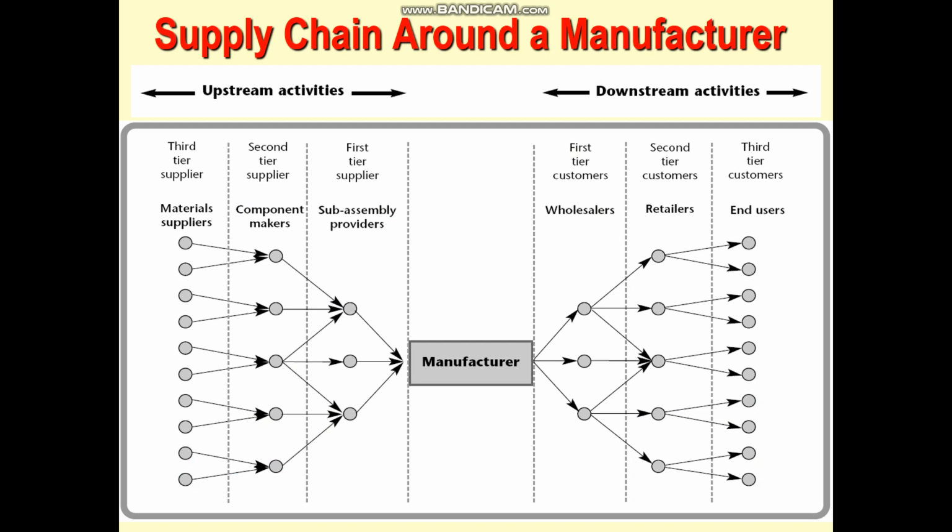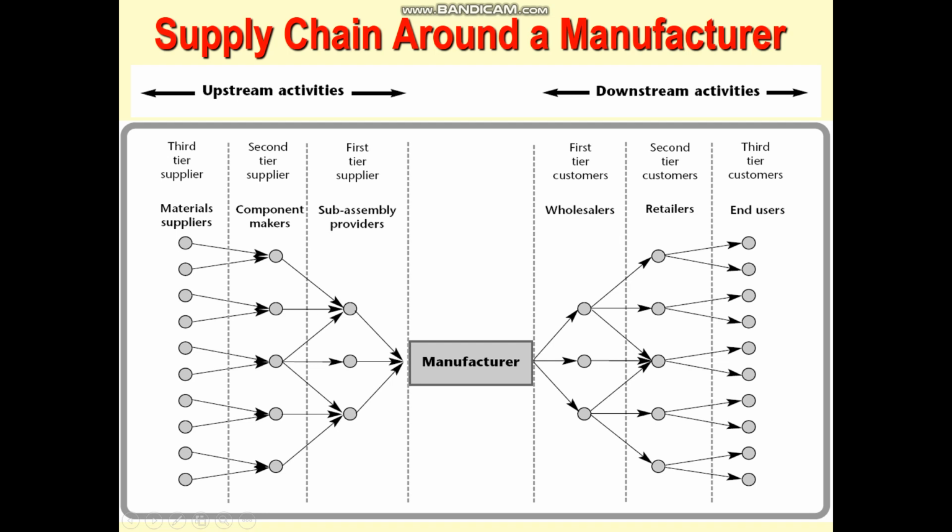From here we will take a look at the supply chain of our manufacturer. Here we can see a manufacturer. Here we have downstream activities. Downstream activities are those from the manufacturer to the customer, and upstream activities are those from the supplier to the manufacturer. So we have the first tier supplier, the supplier that directly delivers their products, their materials, to the